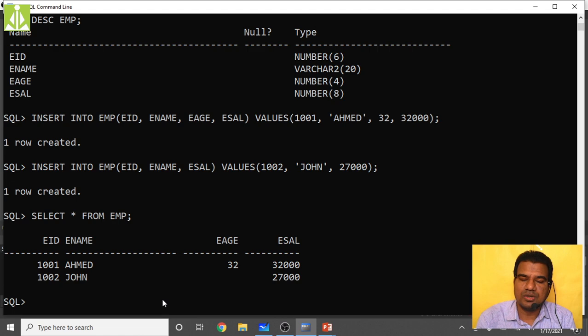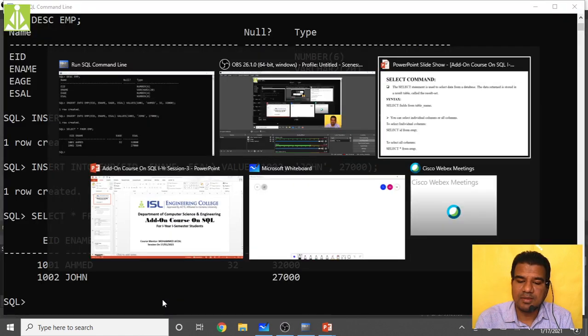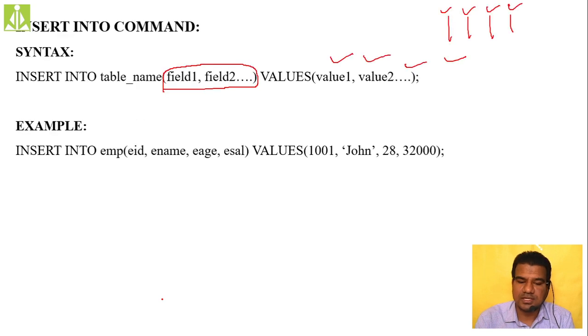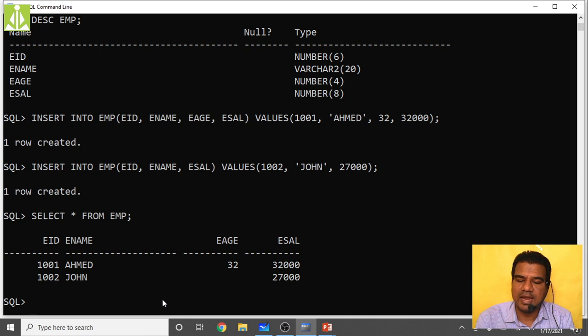Okay, so now the next thing, what we were having inside my slide. This thing we discussed. So if I want to enter only two things, EID and ENAME, let us say salary also I don't know. We will assume it that way. So, insert into employee, then EID comma ENAME, I want to insert.